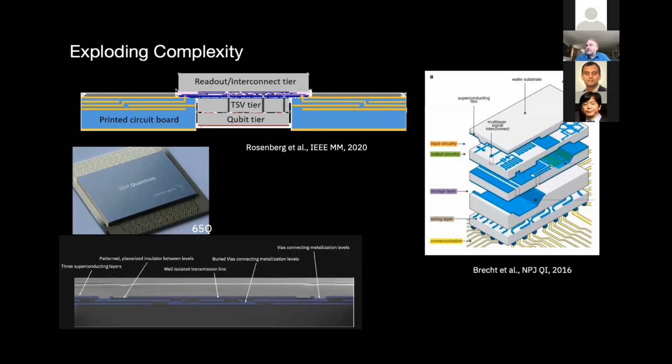And this isn't some hypothetical. At the bottom left, I have a picture of IBM's current quantum processors with some 3DI involved. At the far bottom left, I have a superconducting multi-level wiring we're building in the lab today. And the complexity of these designs rapidly goes past the point where we can accurately make them by hand. We really need better tools to be able to get these devices to continue to work. Moreover, as we add all this complexity, the build cycle for these devices gets quite long. And so the penalty for making a mistake is becoming extreme. And so we really need to start working on better tools today.